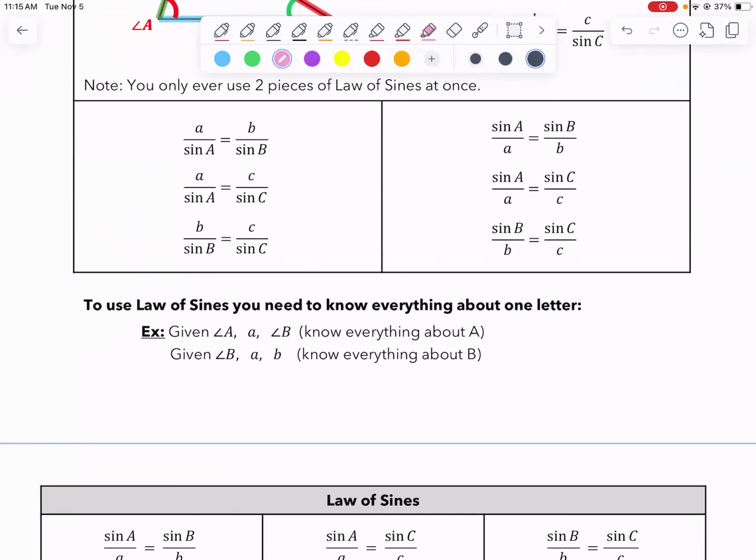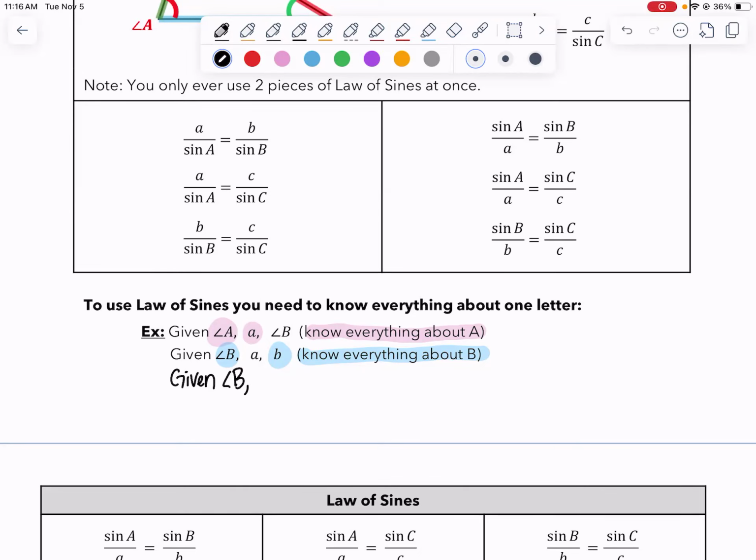Sometimes it's obvious. Sometimes it's like, all right, I'm given angle A. I'm given baby a. So I have big A, baby a. I know everything about A. I'm given angle B and baby b. So now I know everything about B. But the less obvious situation is given